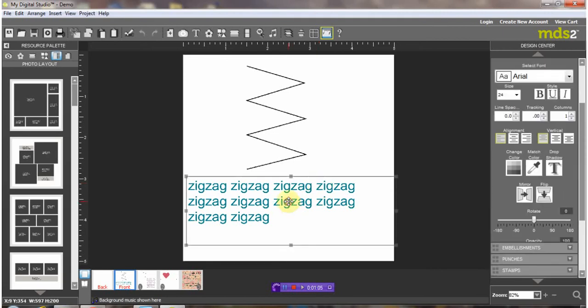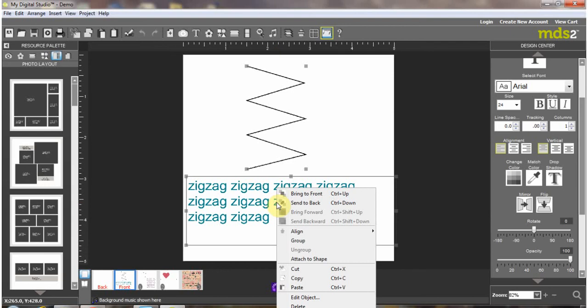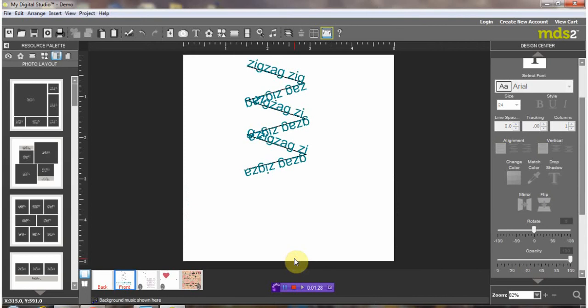So first I'm going to click one of them, and then I'm going to hold my control key while I click the other shape as well. And so now you can see they're both highlighted. They both have these little boxes around the corners of it. Once they're both highlighted, if you right click and then select the option that says attach to shape, then you have your text that follows that cool little shape,